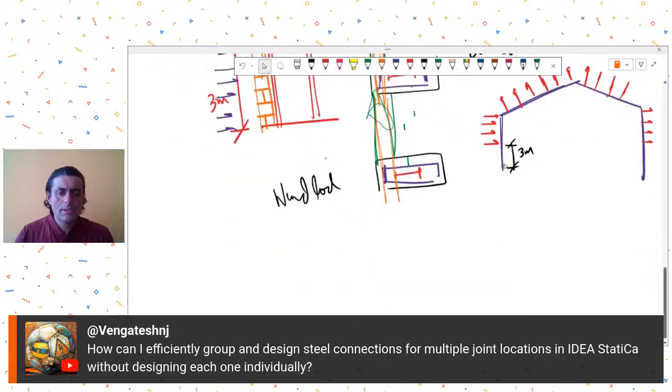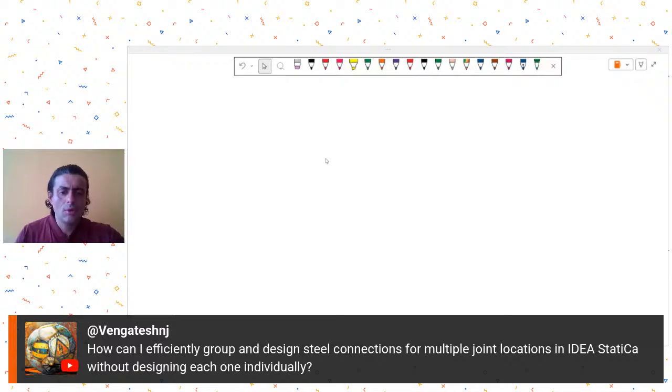Mr. Venkatesh is asking, how can I efficiently group and design steel connections for multiple joint locations in Idea Statica without designing each one individually? See, it will depend. In case one, what you could do is